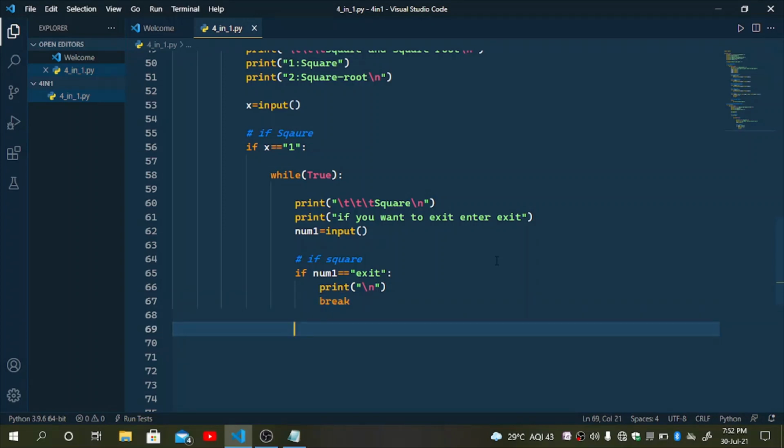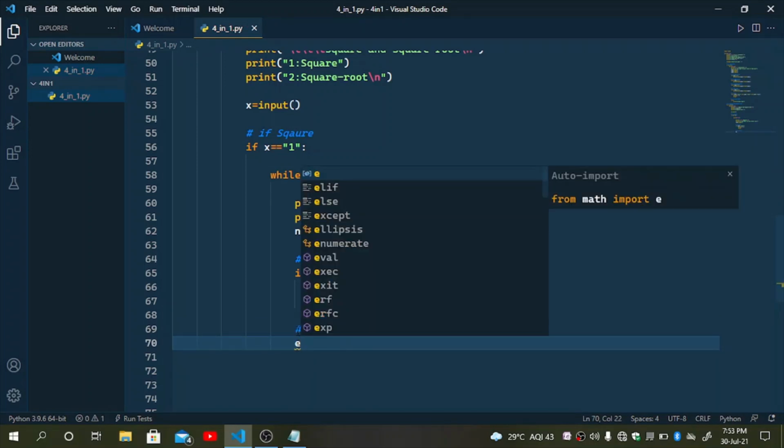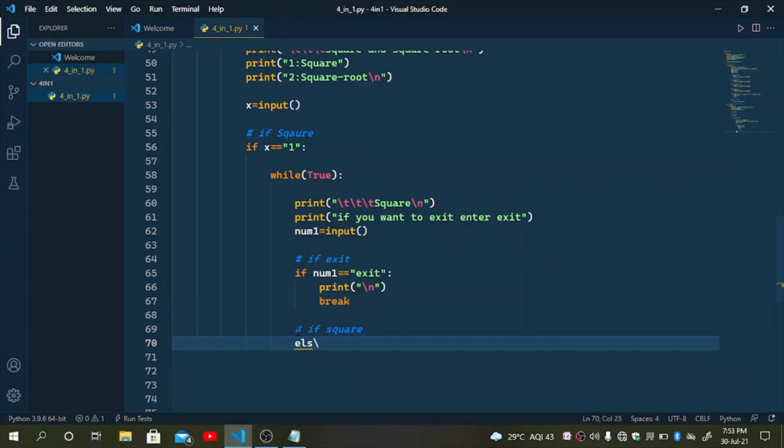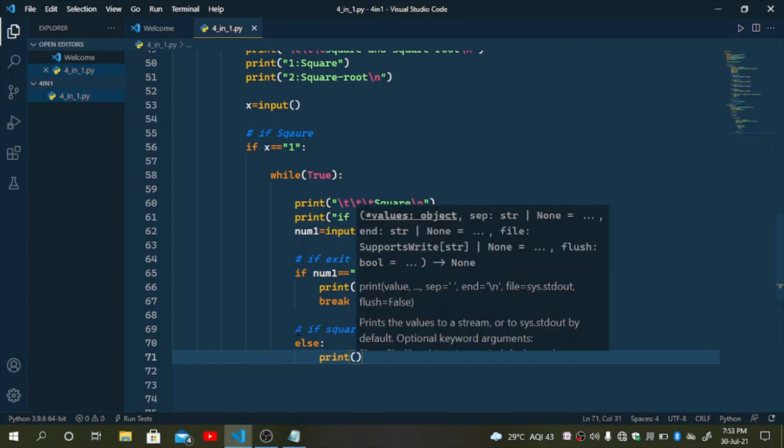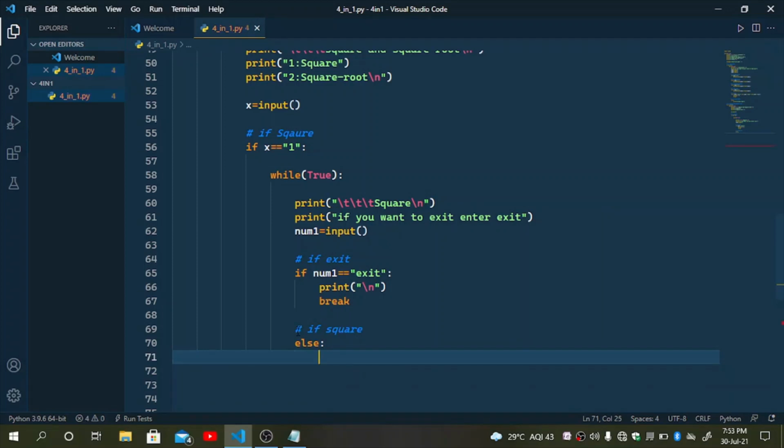Okay, and sorry, if exit, if square, here we have to put square. Else print